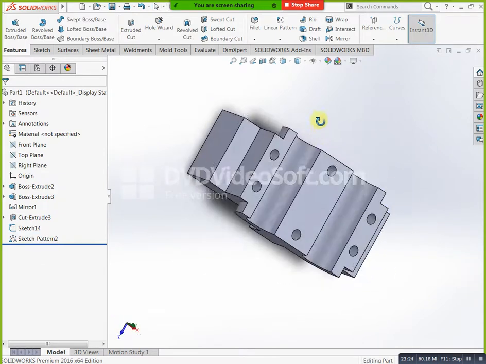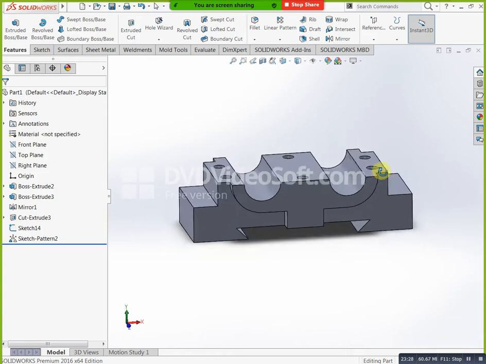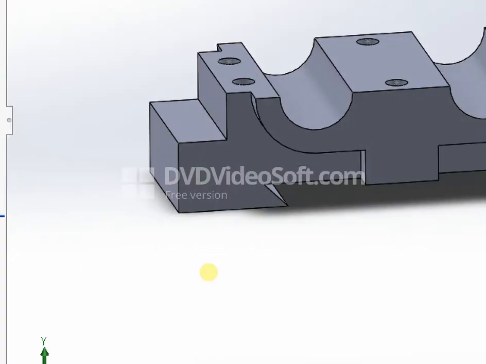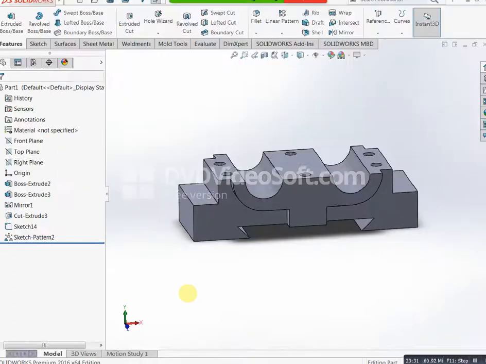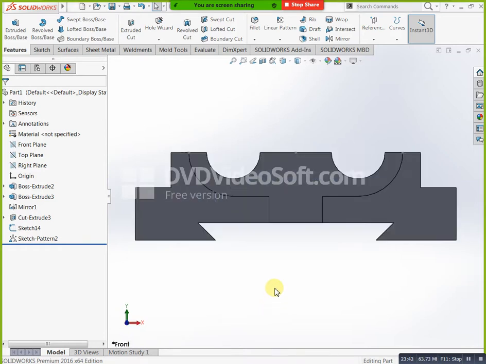See, like this, same model we created. Okay, if you need top view condition you can press Control 2, Control 3, Control 5. You can see the top view model. This is our top view model. Just see, we are seeing the same.